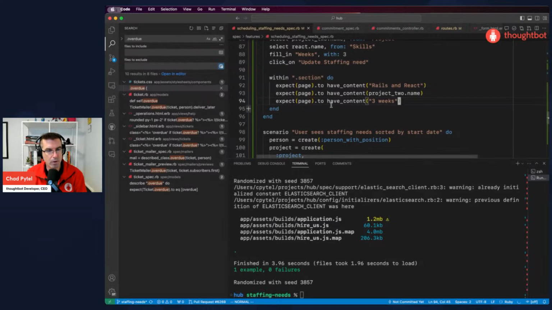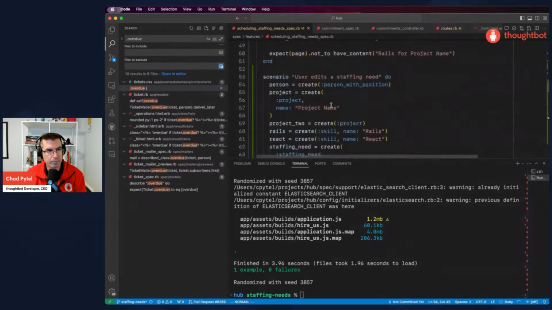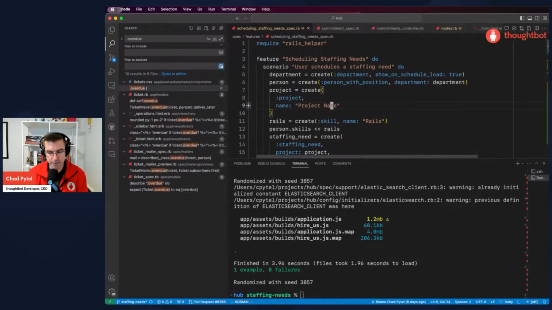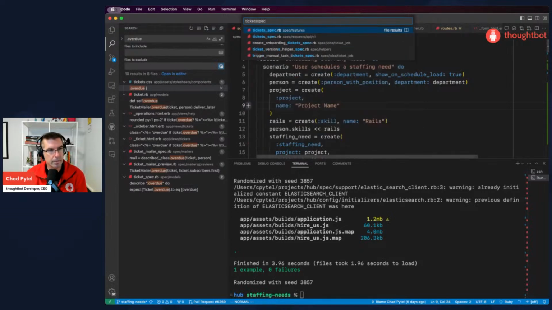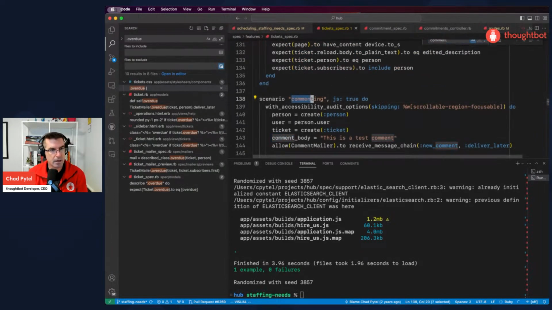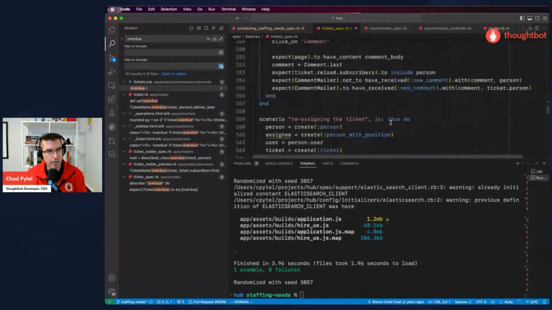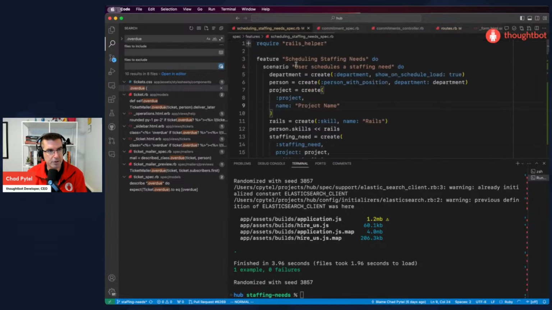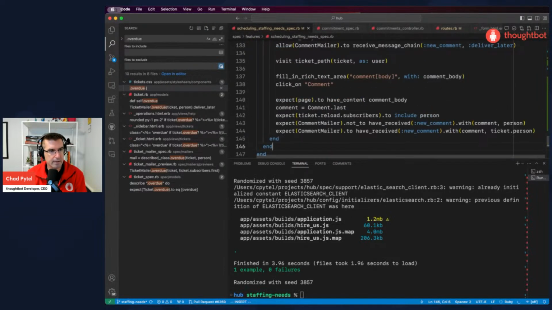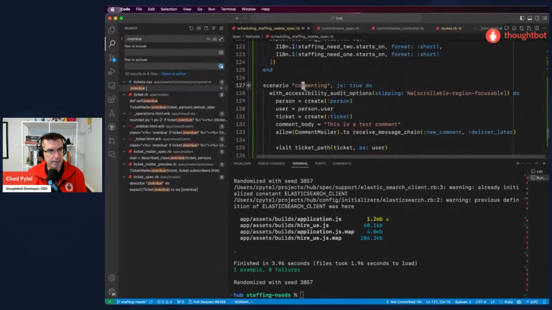This is pretty straightforward in terms of the feature itself because we have a whole bunch of commenting functionality and it's pretty straightforward to add it. So what I'm going to do is I'm going to go over to another thing that has commenting functionality. Just going to copy that feature spec